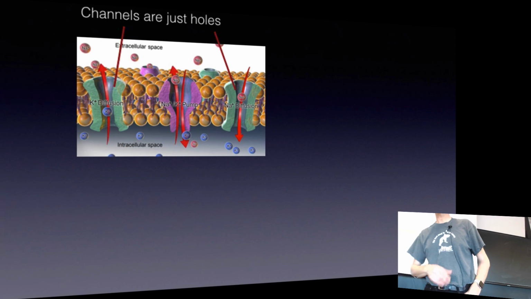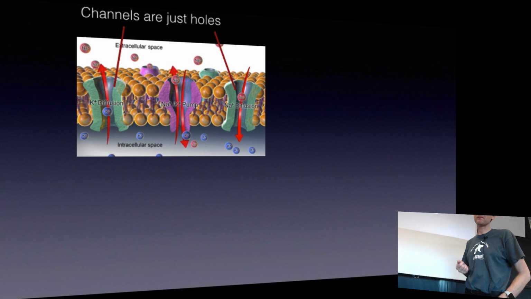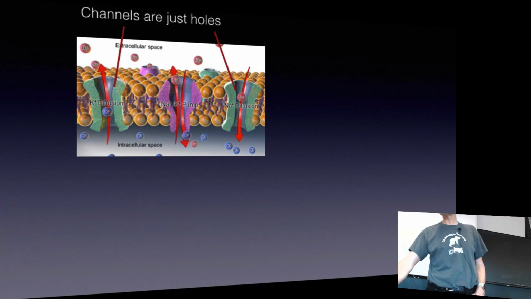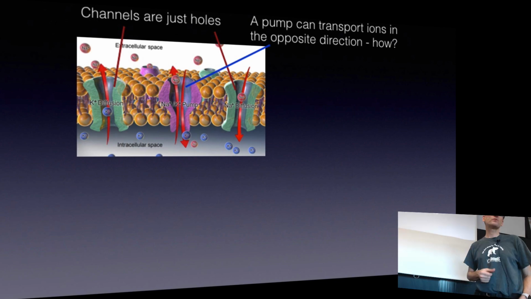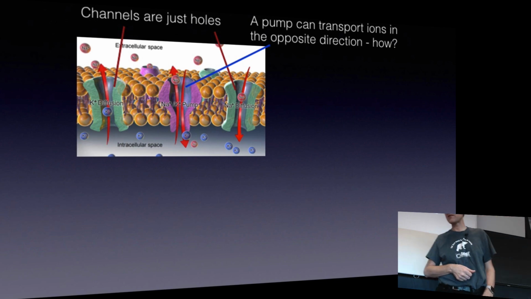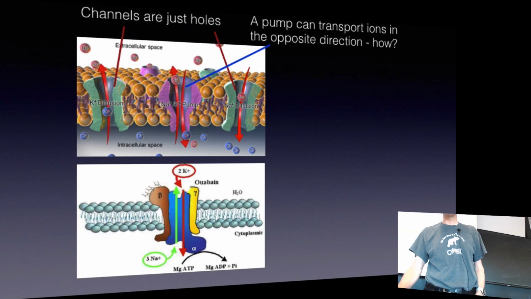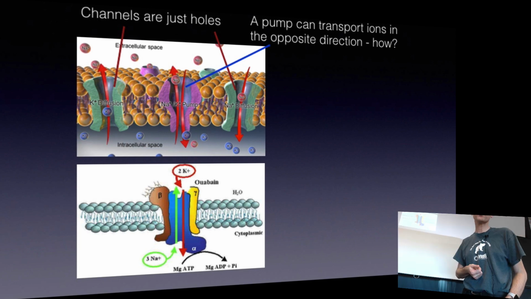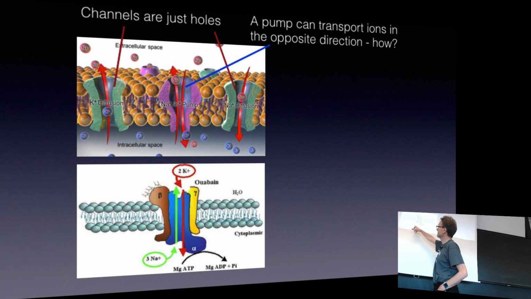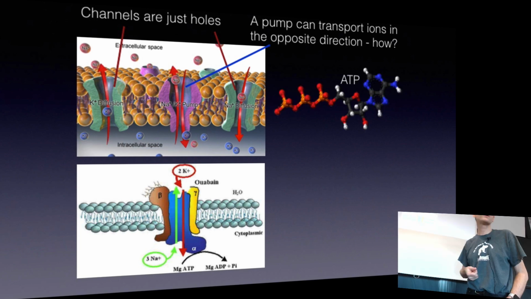So the simplest way of thinking of this, channels are just holes. Pumps, on the other hand, can transport ions in the opposite direction. That is against, in this case, a gradient of the ion. To do that, they would require energy. And in this course, we haven't yet touched upon where you get that energy from, but we'll come back to that later. There are, of course, structures on these channels that too we will go through. The energy you see somewhere here, that it's catalyzed by, say, ATP. It's a small molecule. Again, this too we're going to cover later.